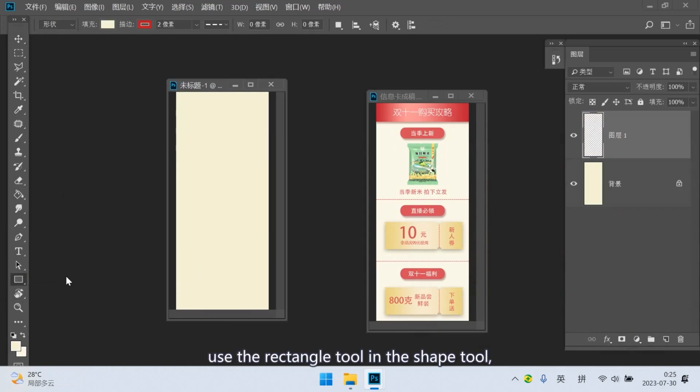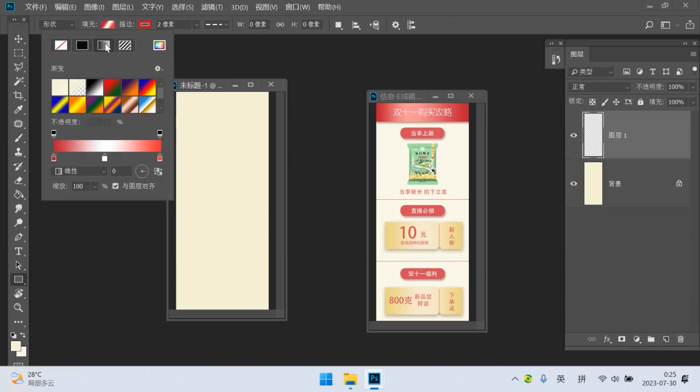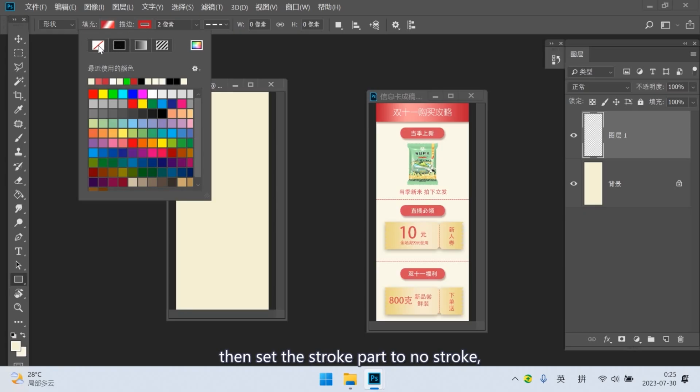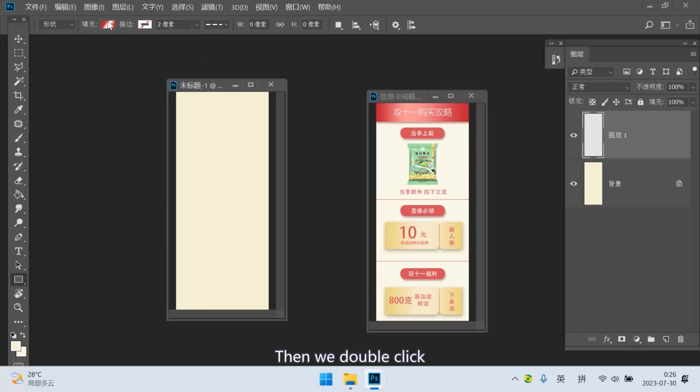Use the rectangle tool in the shape tool. And then we will create the top banner. First, set the filled part to a gradient. Then set the stroke part to no stroke. And then we set its color code here. If you want to add a color code, just click in the appropriate place to add a color code. Unneeded color codes can be dragged down to cancel them. Then we double-click